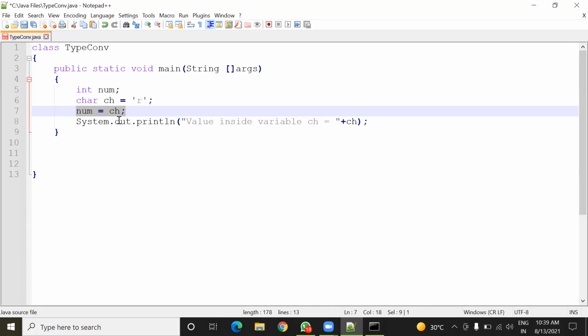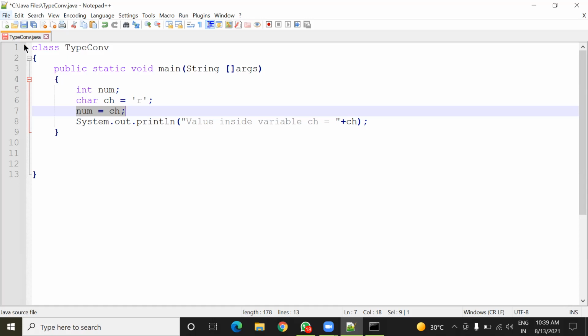Yes, it is also given in your book. 2 bytes. In other programming languages like C and C++, char takes 1 byte. But not in Java, because C and C++ support the ASCII character set, which is 7-bit or 8-bit size. Here Java supports the Unicode character set, so it is of 16-bit size. And this num variable is of type int, so it will take 4 bytes.